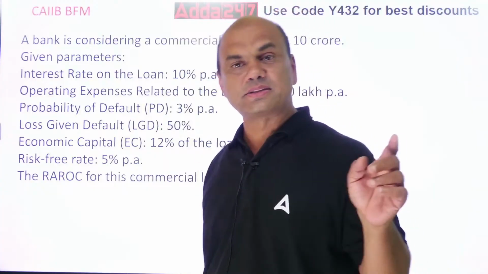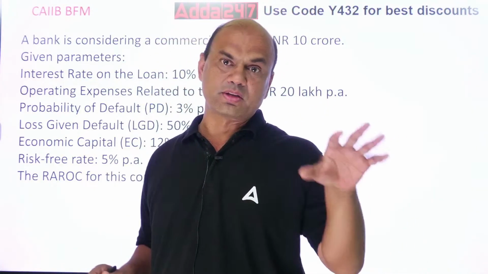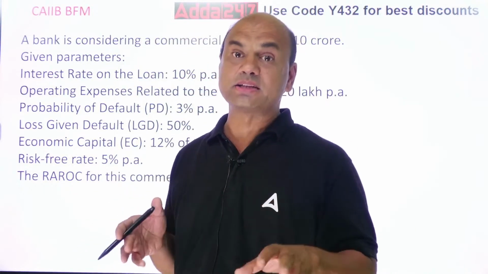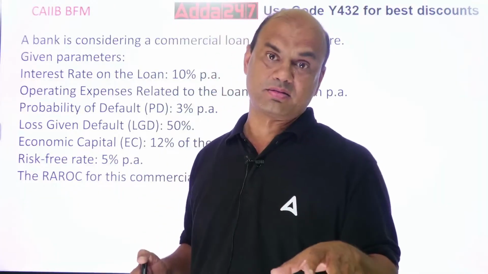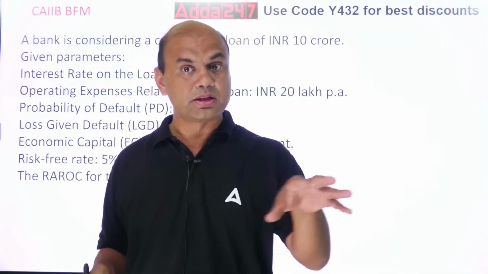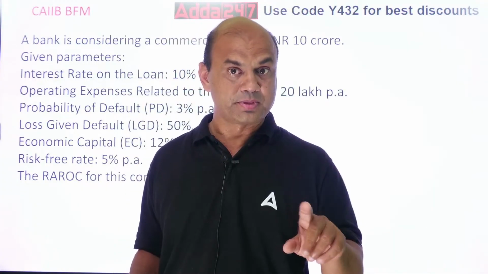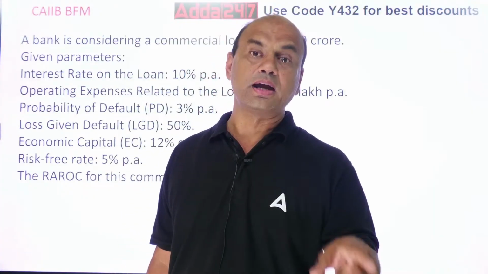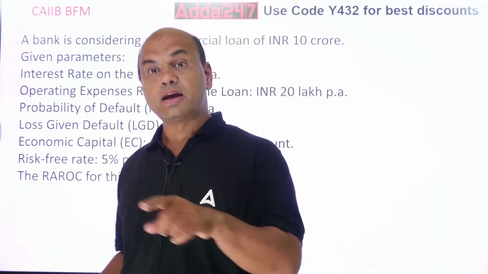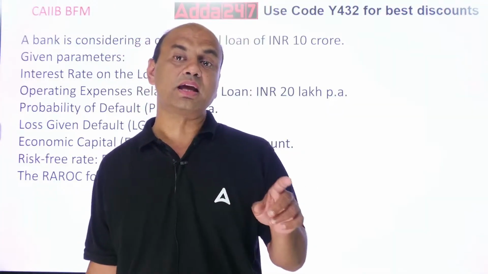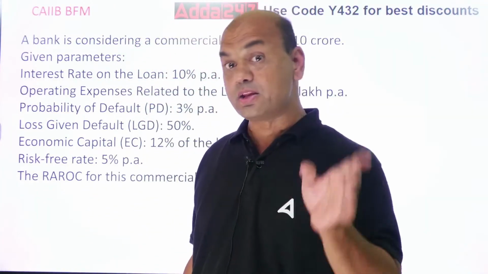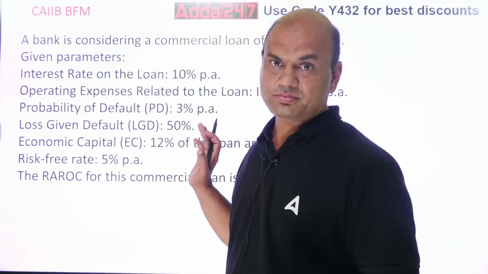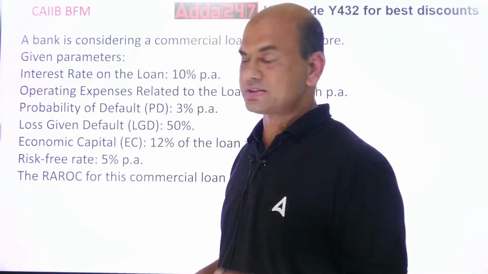It takes the data of the past 10 years. What was the loan size and what was the NPA? It does this for every sector. For housing loans, how many loans were given per year in the last 10 years, and what is the NPA? For commercial loans, how many loans were given per year, and what was the NPA per year, and that percentage is done, we calculate the weighted average. Then you get the probability of default. But in the exam, it will be given to you. I just gave you the background of this.